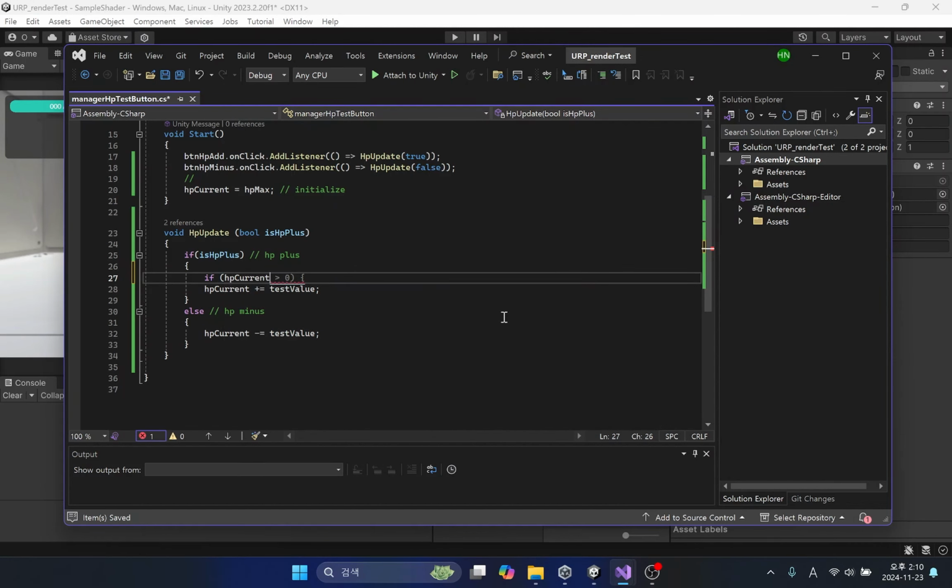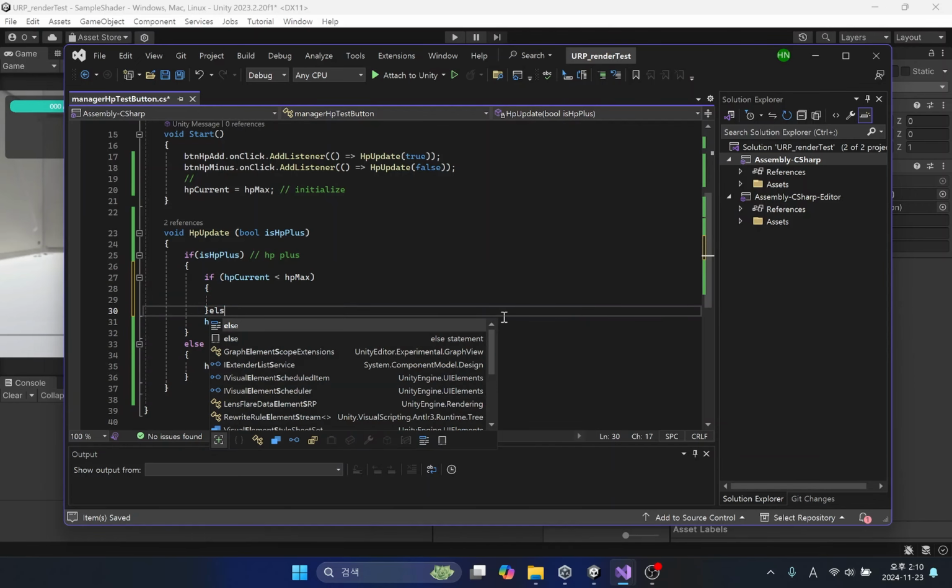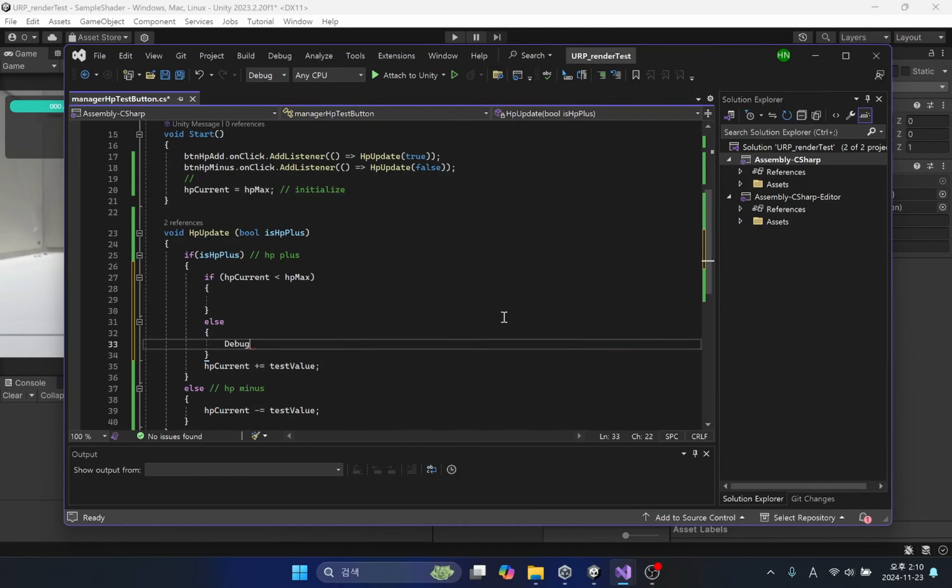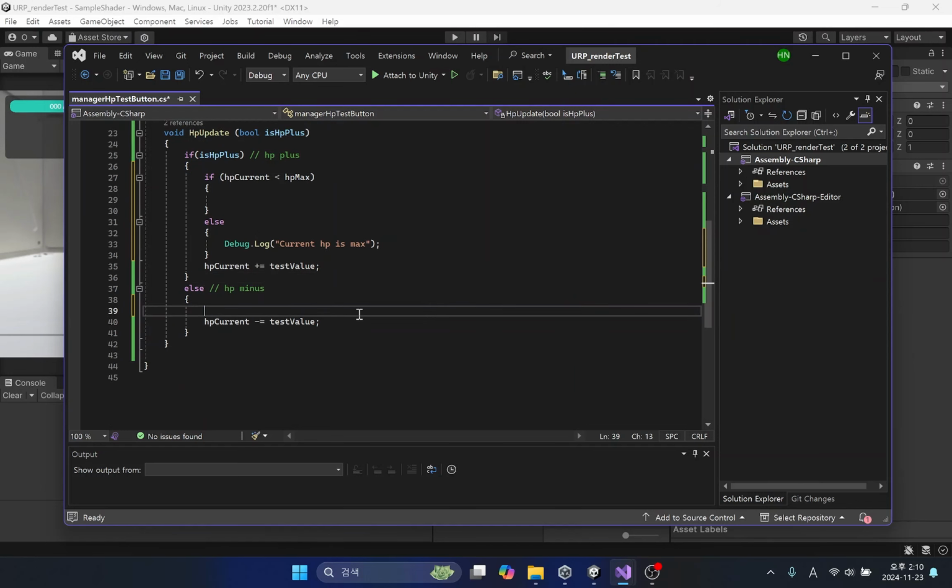If the current HP is higher than the maximum HP, it will not increase the current HP. And if the current HP is 0 or lower, it will not decrease the current HP.